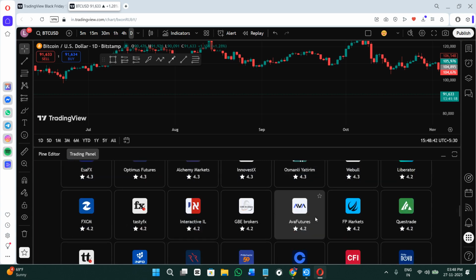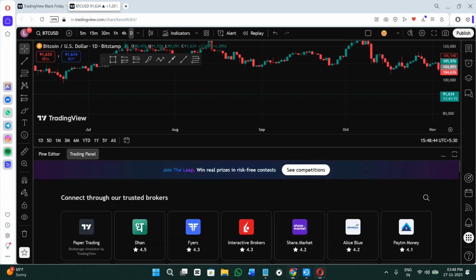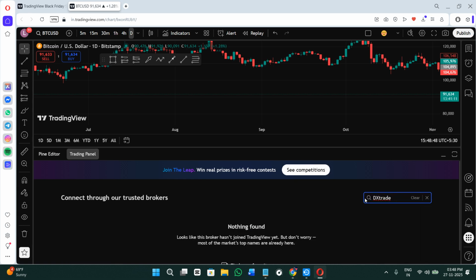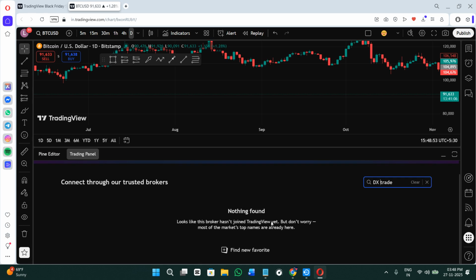As you can see, we have a lot of brokers available, but since you want to connect Dxtrade with it, simply use the search bar and type Dxtrade. Now once you do this, if you see its icon here, simply click on it, then click on the option of connect, then provide your Dxtrade login credentials like your username and your password, complete the verification and approve the TradingView connection. Once the connection is established successfully, you will see your trading balance, your open positions and other information